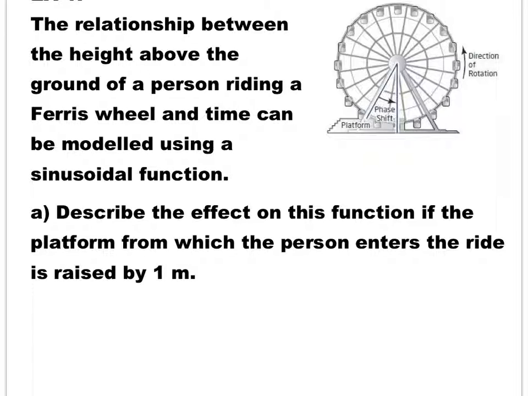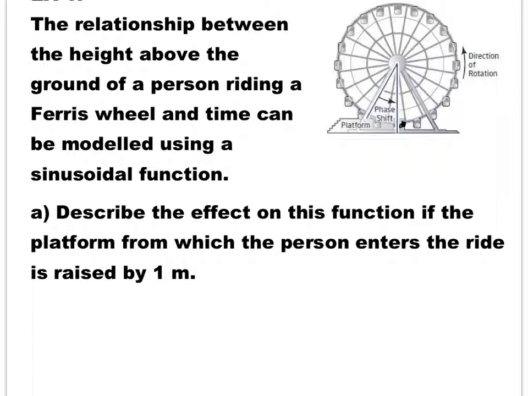The first part of the question asks, what will happen if the platform from which the person enters the ride is raised by 1 meter? To answer this question, first consider not raising the platform. How does the graph look like? The height versus time. When the person goes here in the Ferris wheel,